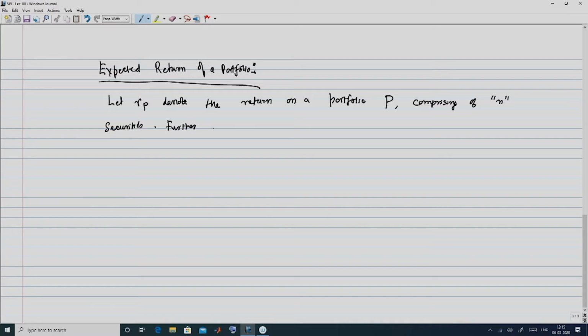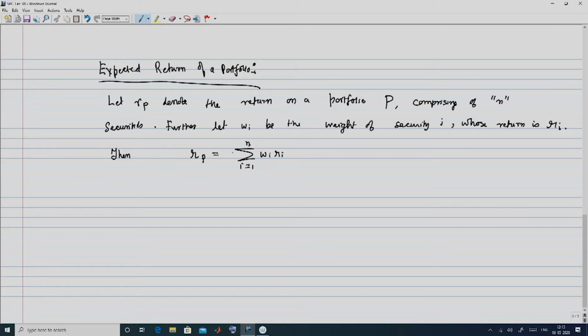Further, let W i be the weight of security i whose return is R subscript i as defined before. Then we can show that R P is summation W i R i, i equal to 1 to n,